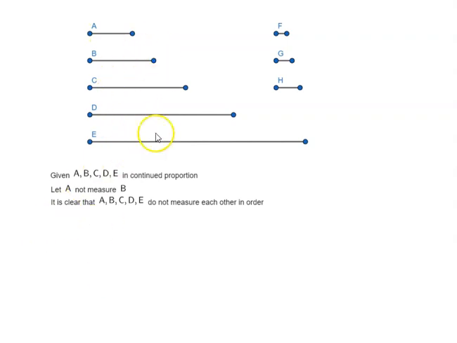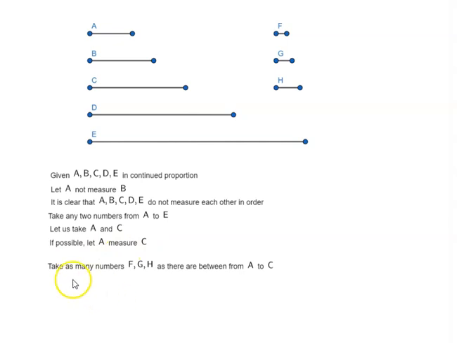So we can choose any numbers. So let's take any two numbers from A to E. Let us take A and C, the two numbers that we are interested in. If possible, let A measure C. So this is our assumption. We take as many numbers F, G, H as there are from A to C. So we have three numbers. So we take F, G, H